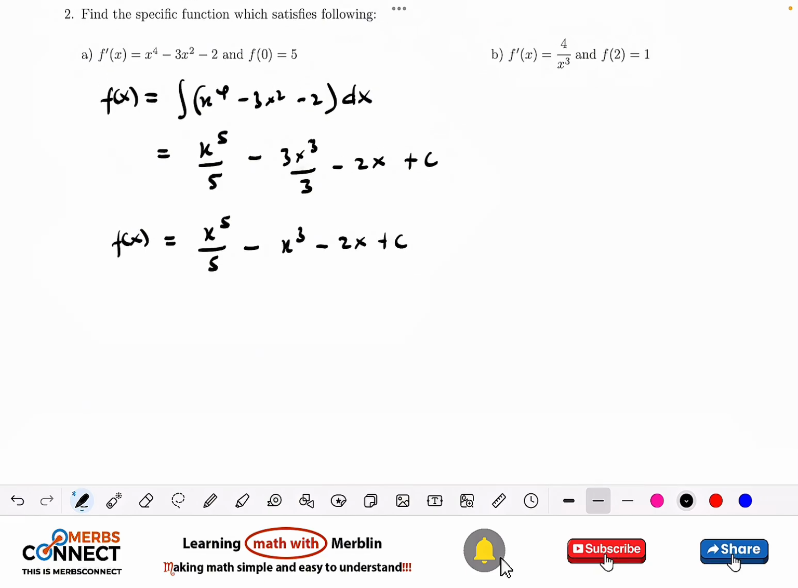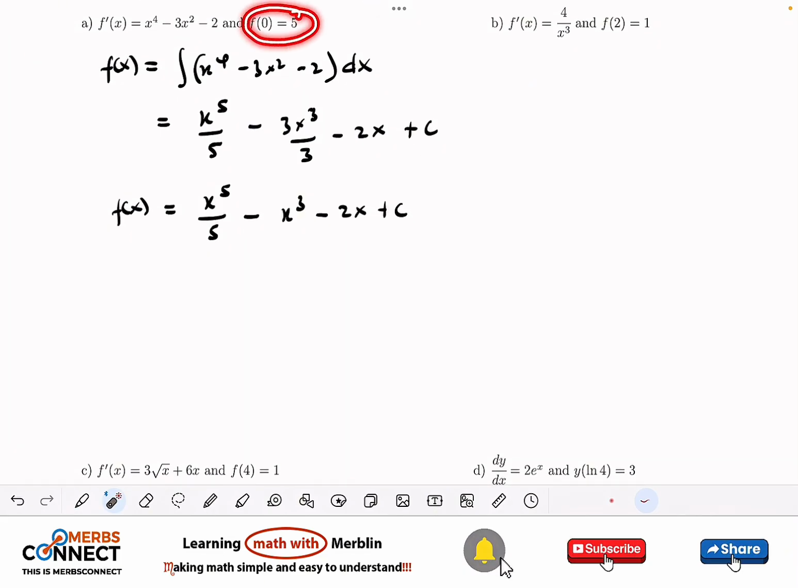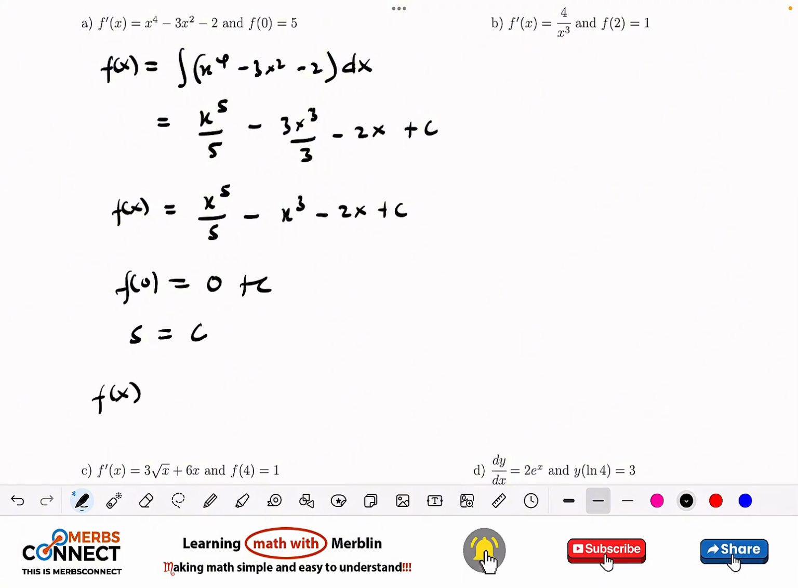This is the function. But now we can use the initial condition here to find c. So f of 0 is going to be, this one will be 0 plus c, because this will be 0, this will be 0, this will be 0. Then f of 0 is 5 from the question, and then 0 plus c is 5. So it means that our f of x,